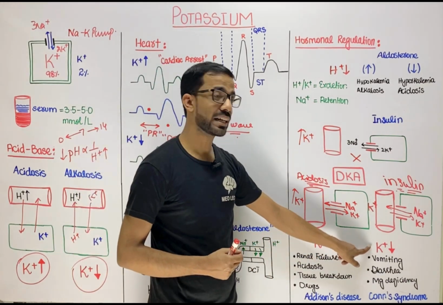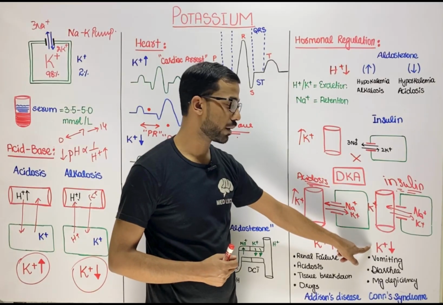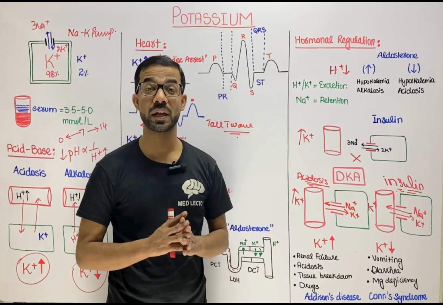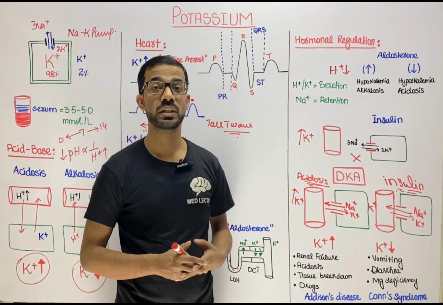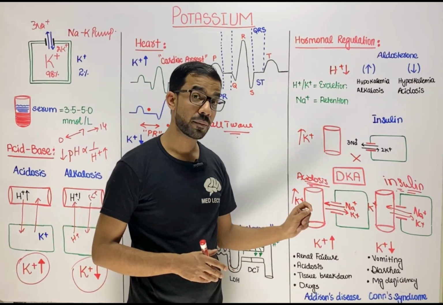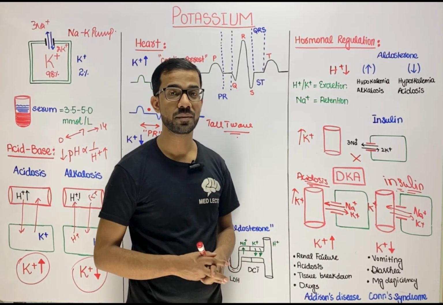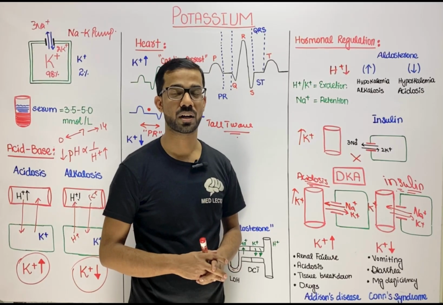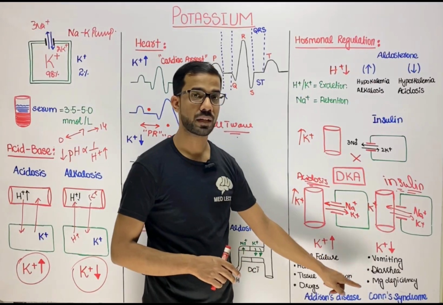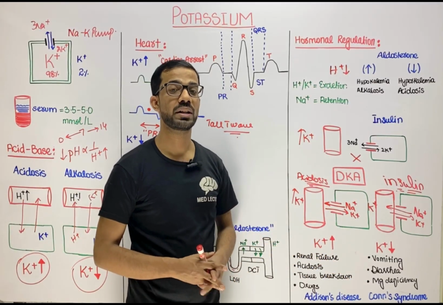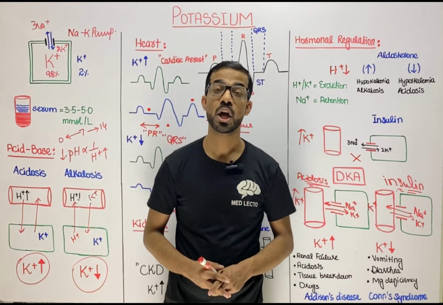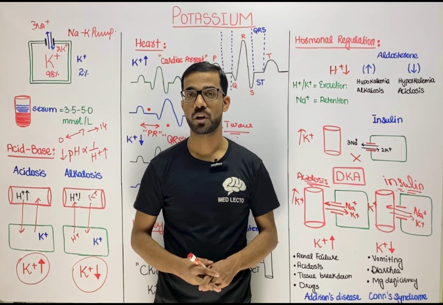Next, what conditions will you see in loss of potassium or hypokalemia: vomiting, diarrhea, magnesium deficiency, because magnesium maintains the sodium potassium pump. Due to magnesium deficiency, potassium excretion starts increasing, and blood potassium will start decreasing inside the body of the patient. And Conn syndrome, that is the important thing, when the aldosterone level starts increasing, it promotes the excretion of potassium in the urine and decreases the serum or blood potassium level. So this is all about